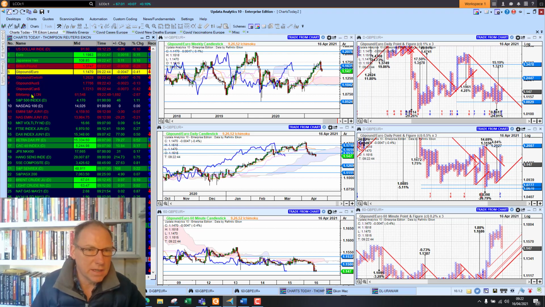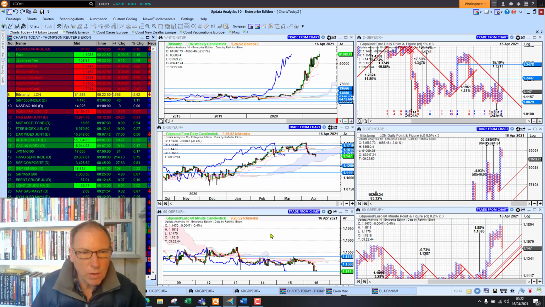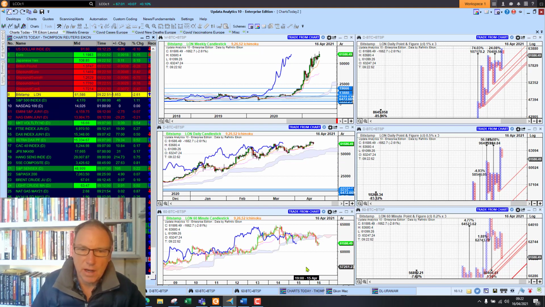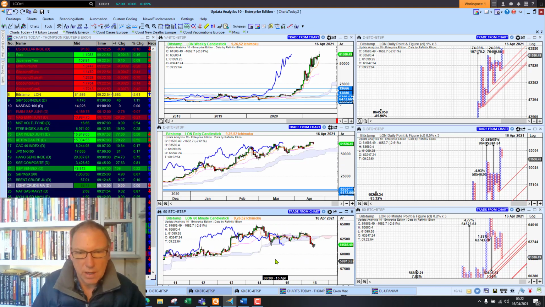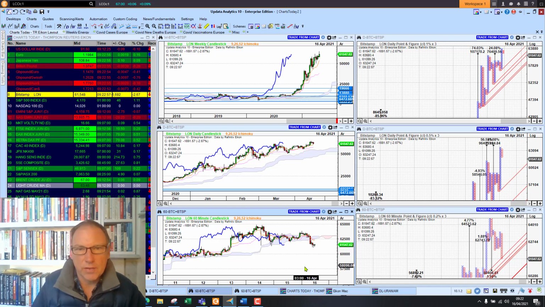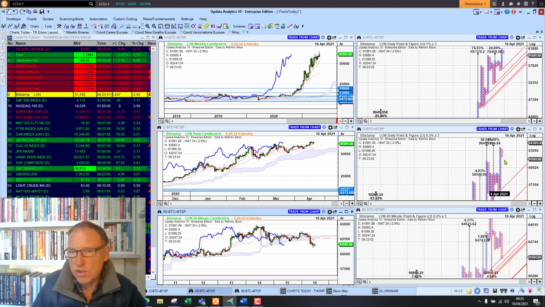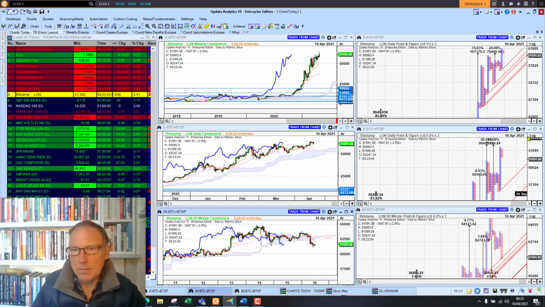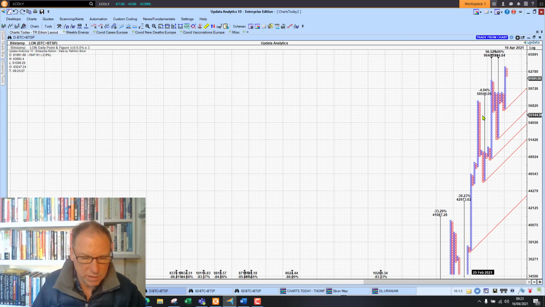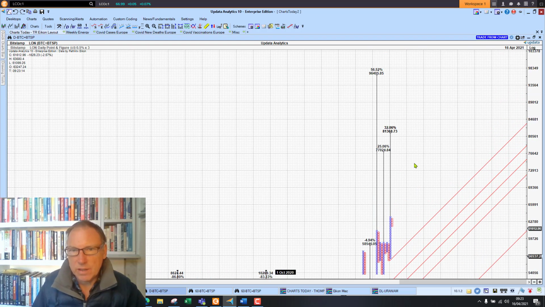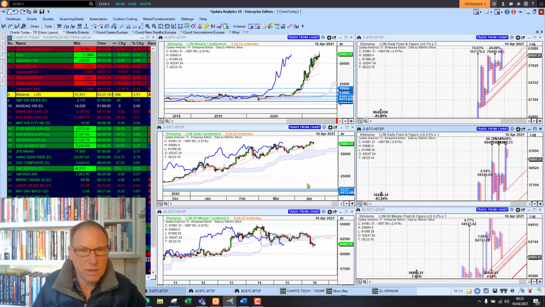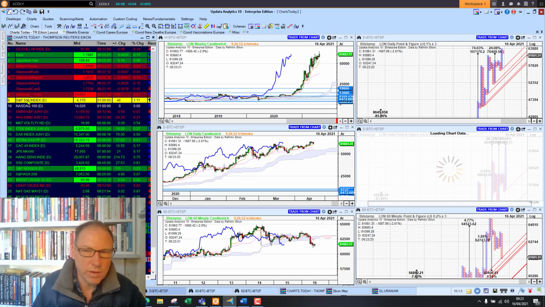Taking a look at Bitcoin, we're sitting at $61,500. So we are just on the edge there, but still these charts looking very bullish indeed with lots of upside targets. This will give us a new target on this column, so that's taking us even higher. We can just press the V key on our system and put that target on the column there, because that column is locked. And we can see here we've got targets to 77, 81 and 96. So lots of upside targets still for crypto.